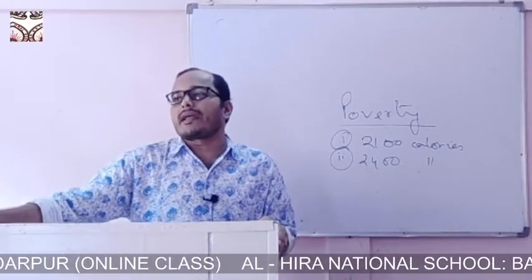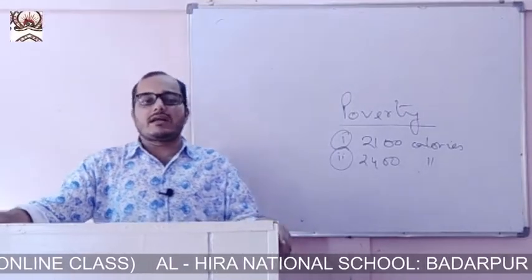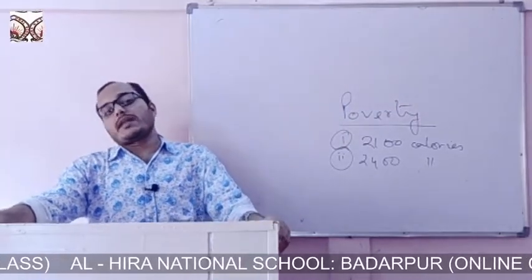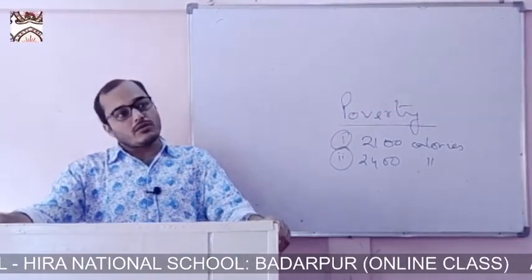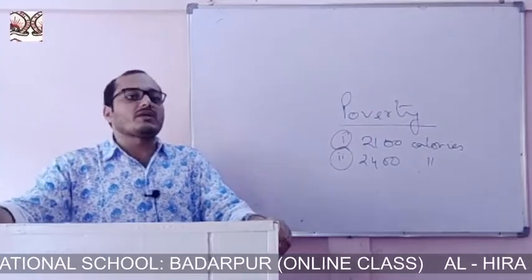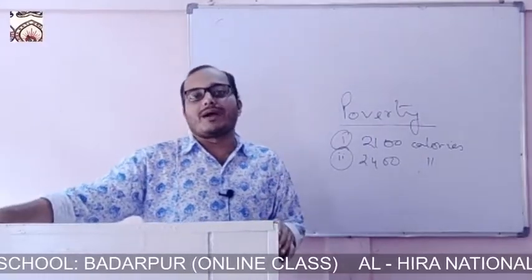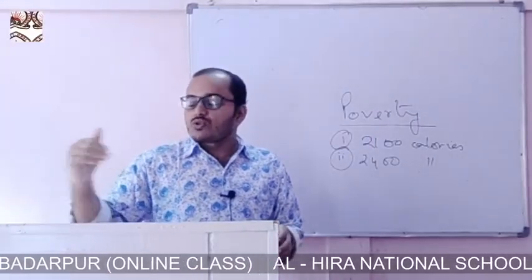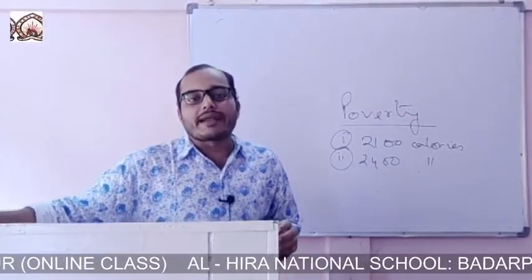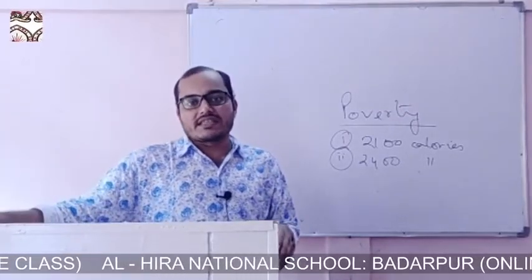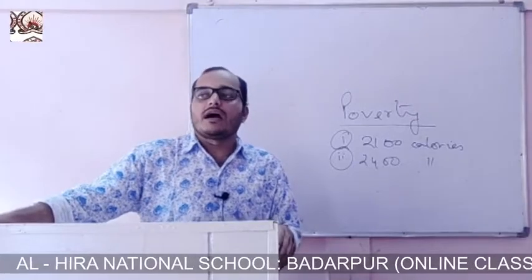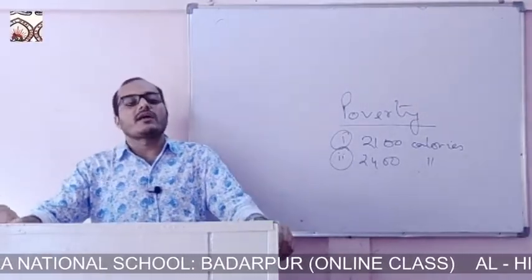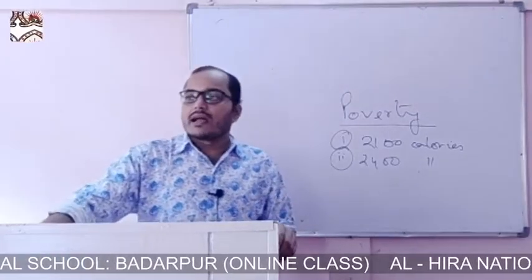So poverty, you think about the number of people there. Nearly more than 25% of people are below the poverty line, meaning those who could not meet all their daily basic necessities such as food, shelter, clothing, education and health services.